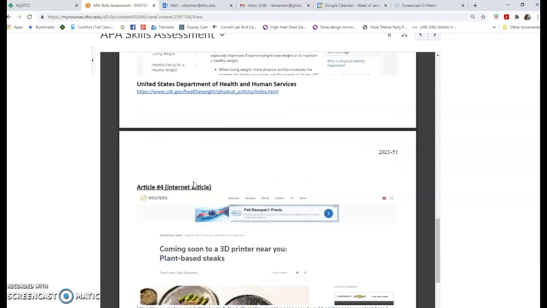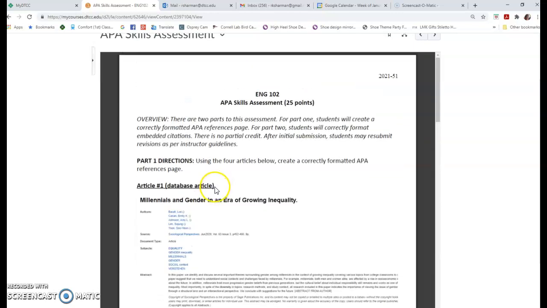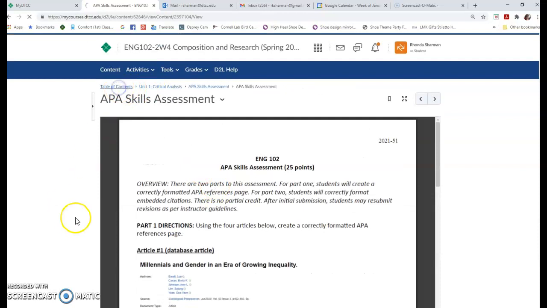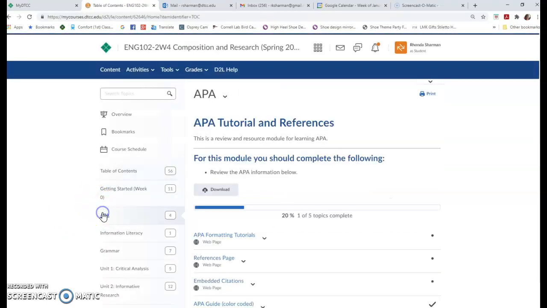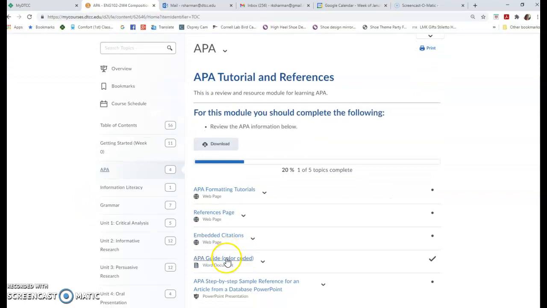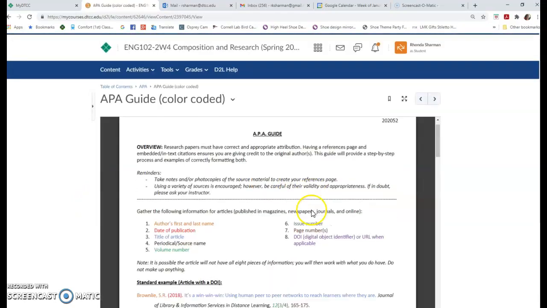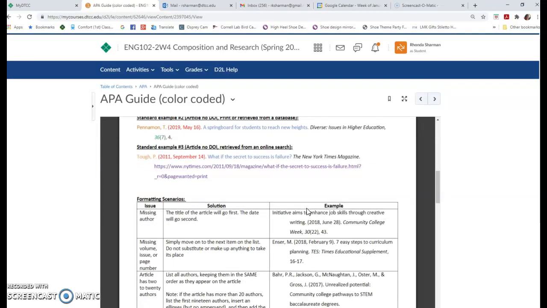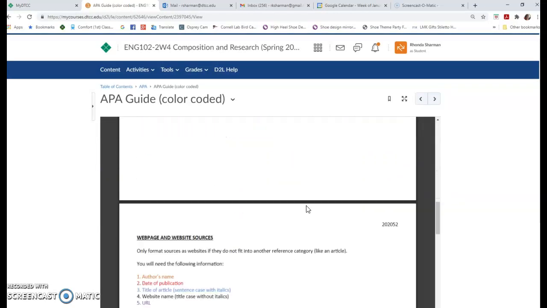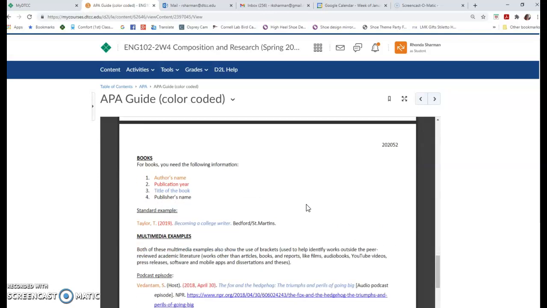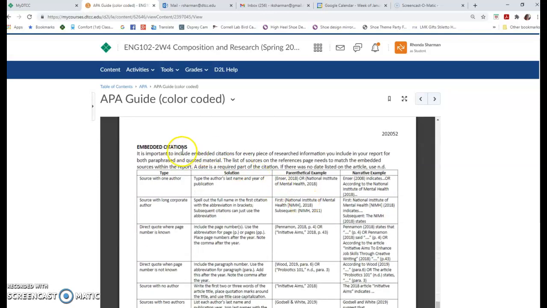To get some additional help with this section, which is all about citations, go again to your APA resources, and in the guide, after it talks about how to list your source on the references page, there is a section on embedded citations. So again, find which scenario fits the situation that's described, and use your information here to help you format that